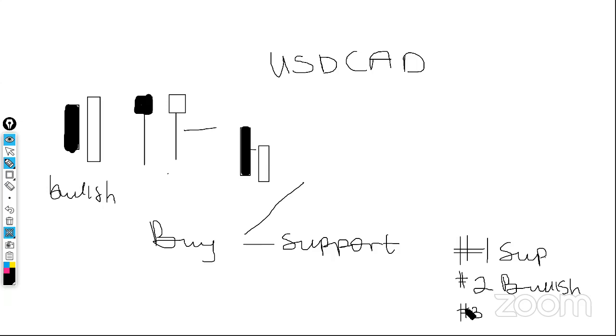Okay? So you have to know the direction of the trend, how strong or how weak the trend is. Those are the things we have to put into confluence factors. Let's say maybe it's a weak trend, or maybe a strong trend. You have to put that into your confluence factors as well.